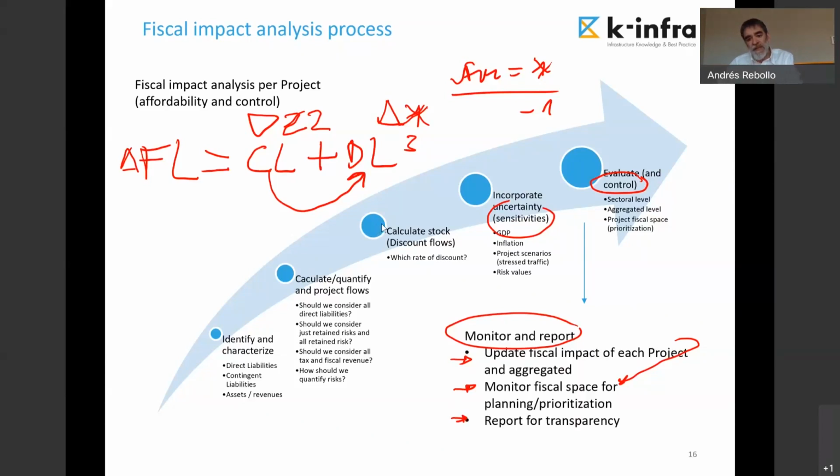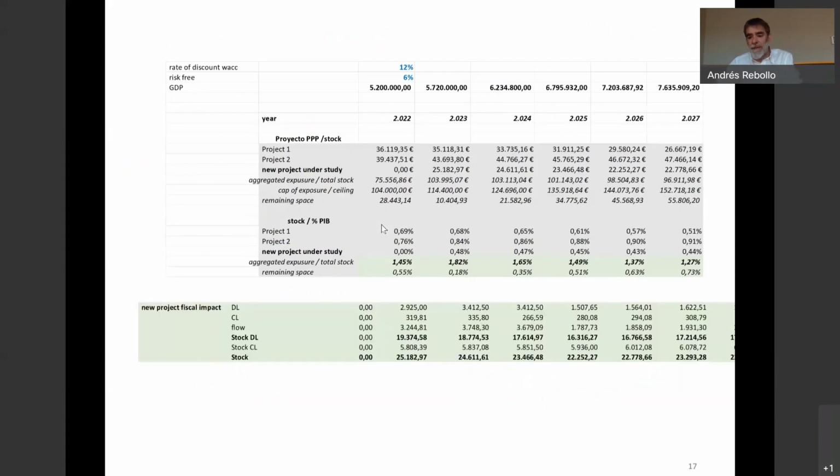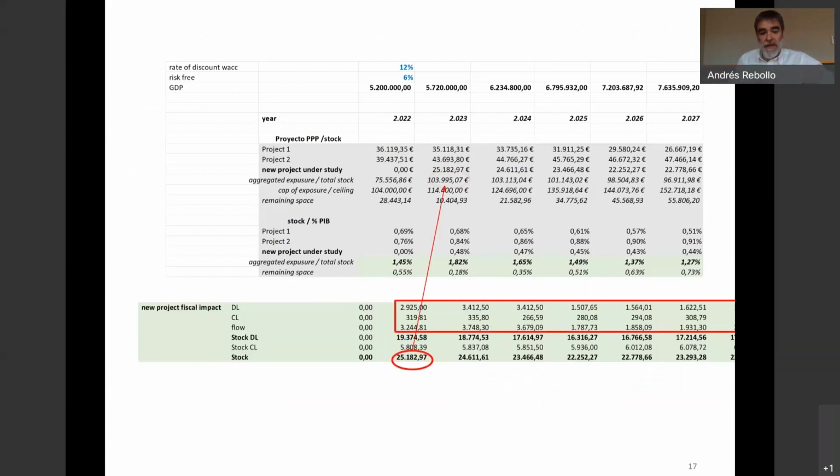And also, please, well, I forgot that I had an example. Let me show just a second. Well, the example was about the control. Sorry for this. Here you have a new project that we are assessing, and then you have these calculations,